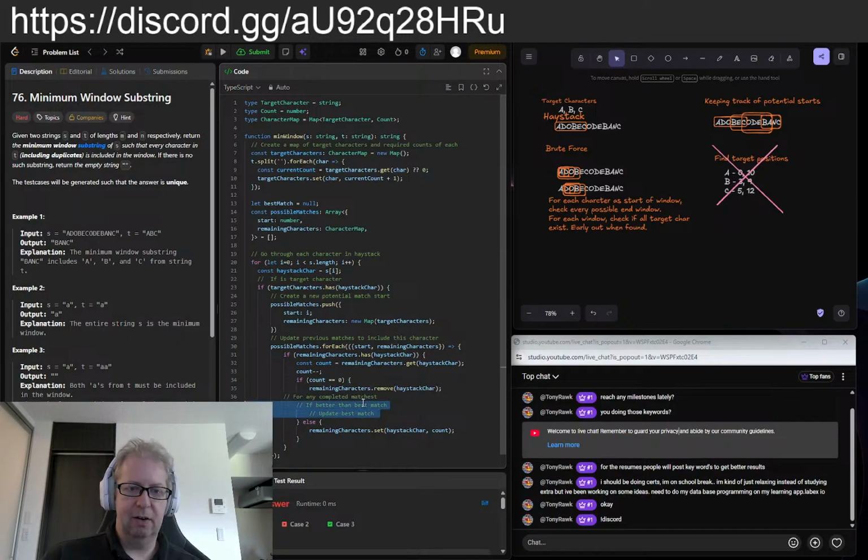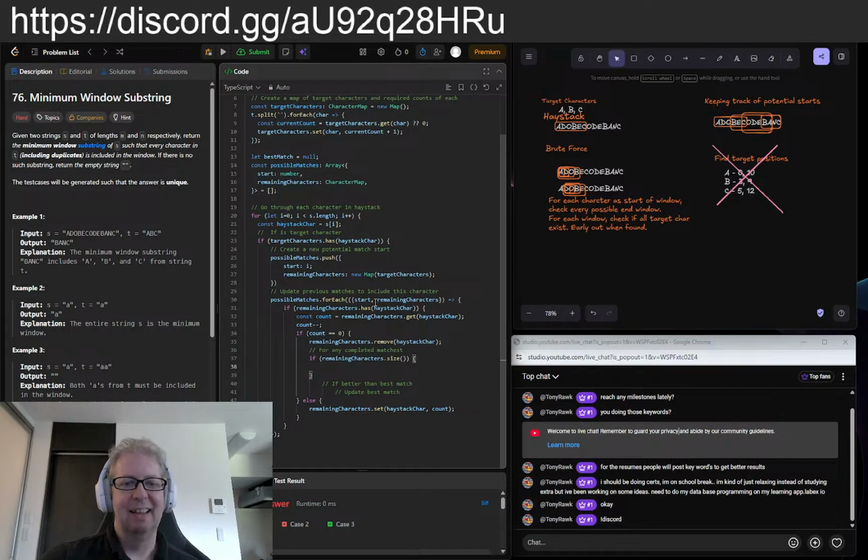If we're removing a character and we've gotten to 0, that potentially means we've completed a match. I don't remember the syntax. I'm just going to get syntax errors, and I'll go update them all. I'm not sure if it's size or count, but if it is 0, then if we removed it and there's no more, that means we've finished our match. We found a match. At which point we want to go